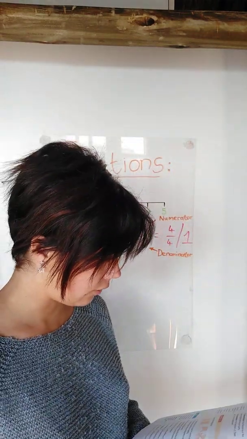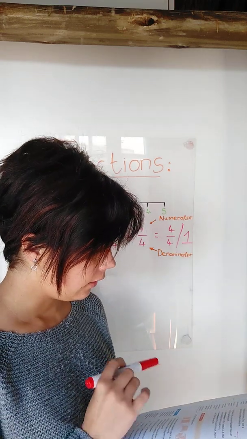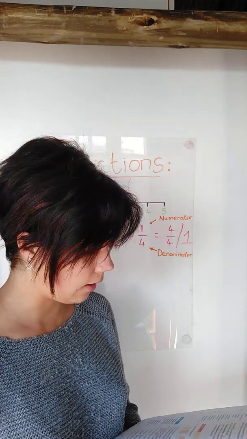Okay, now let's start by going to the exercises. Exercise 12.1. Copy these diagrams. Now you don't have to worry about copying them, just answer the questions. What fraction is shaded in each diagram? So now you're going to actually go to each diagram. You're going to say A, and you're going to say how many